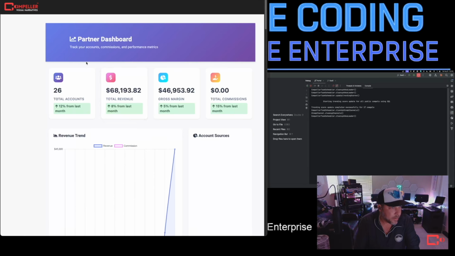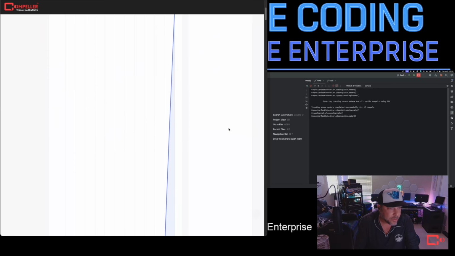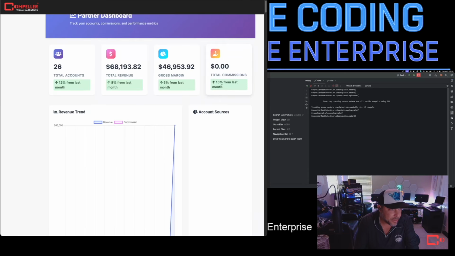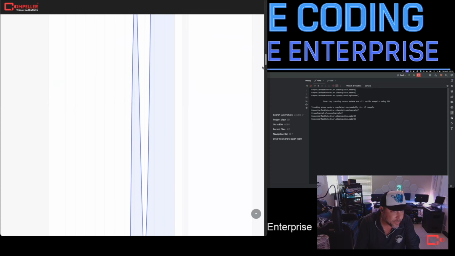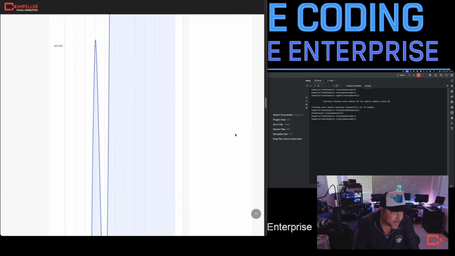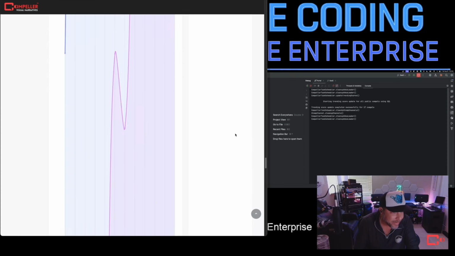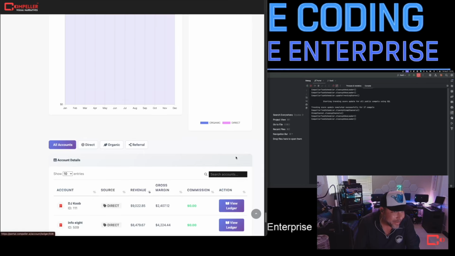Wow, look at that. Total accounts, total revenue, gross margin, total commissions. So once I put in the commission data, I love that. This revenue trend, oh my God. All right. Well, we can.